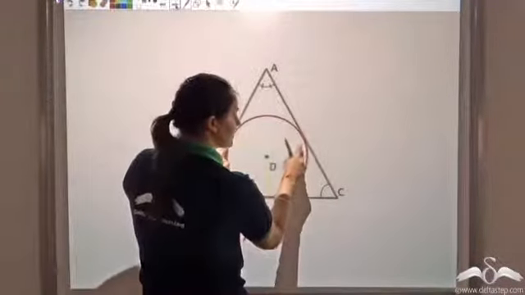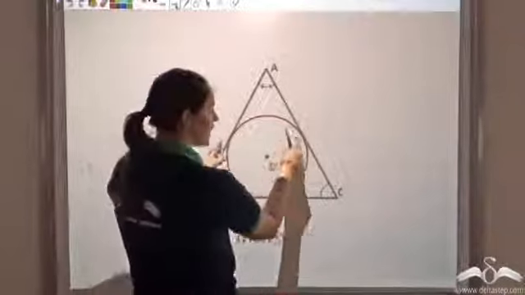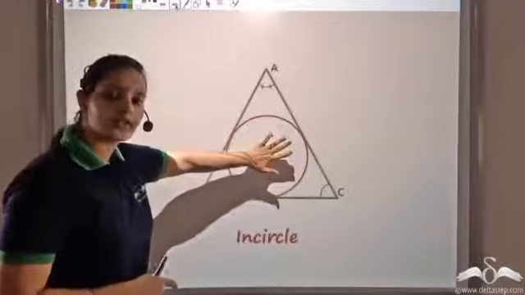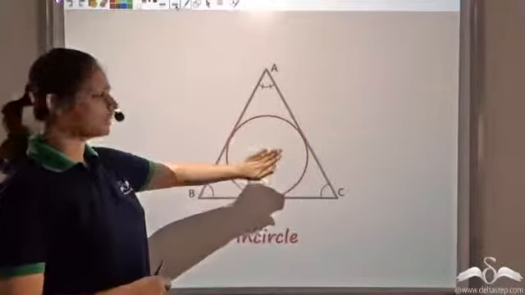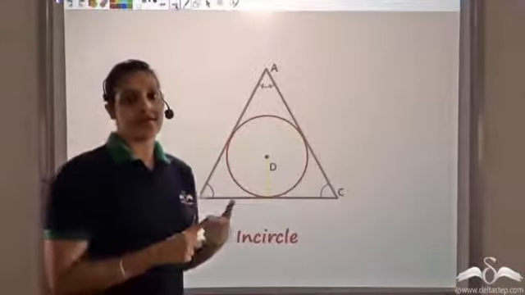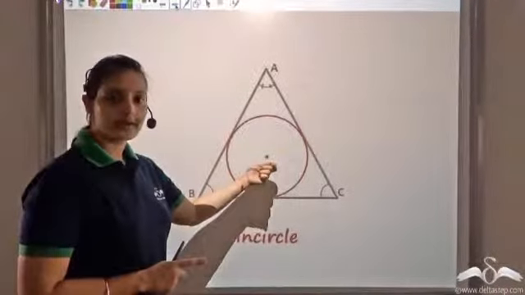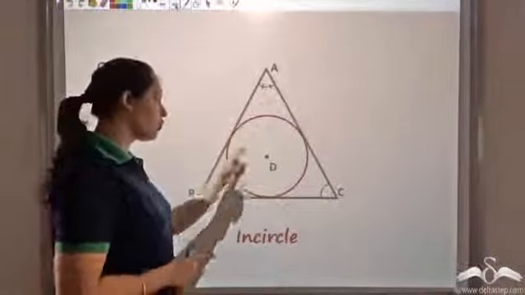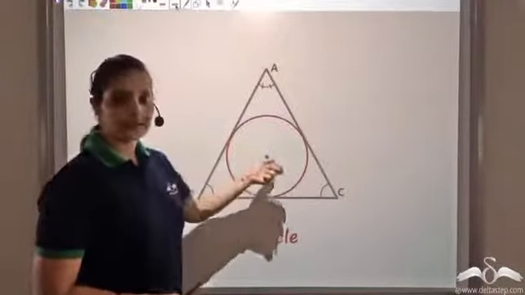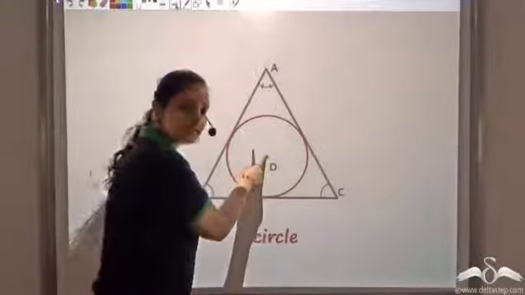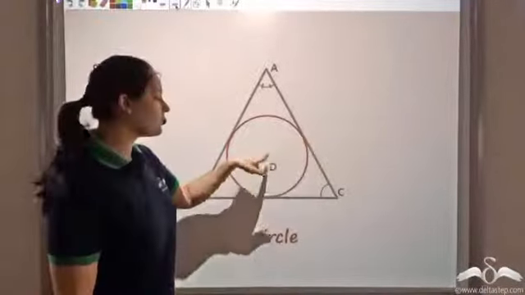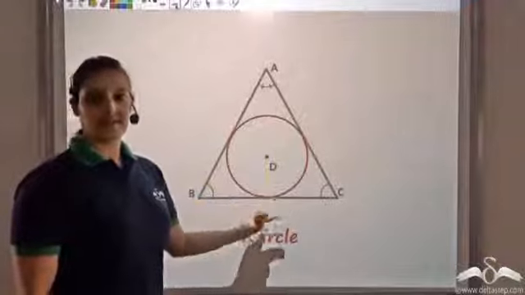If I try to move this circle a bit, or increase the radius and make a larger circle, then that circle would go outside the triangle. So this is the largest circle that can fit inside this triangle. And how do I draw this largest circle? To draw a circle, I need the center and radius. The center you can easily find: find the angle bisectors of all the three angles. The point where the angle bisectors meet would give me the incenter. With this incenter, take the perpendicular distance to either of the sides as the radius, and with this center and radius, you can draw this incircle.